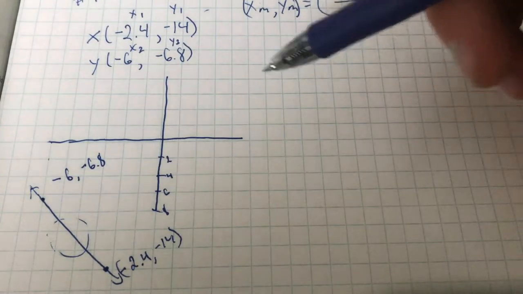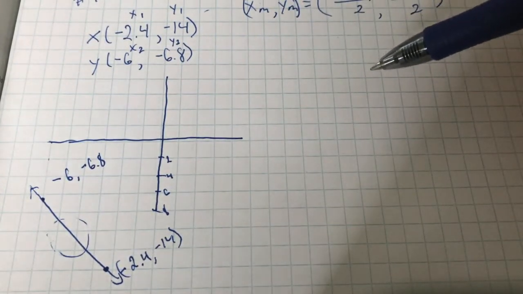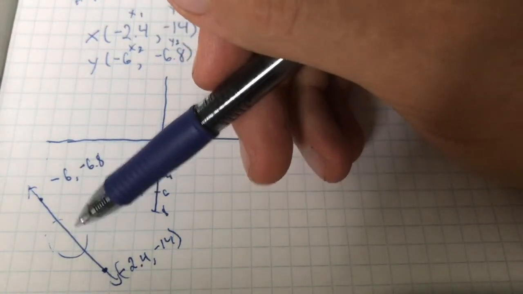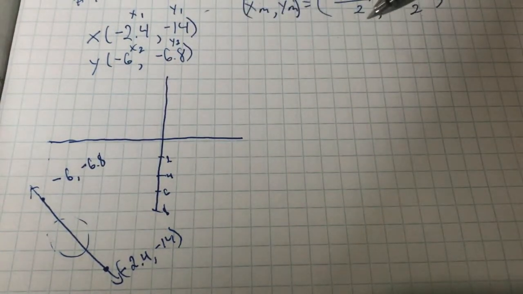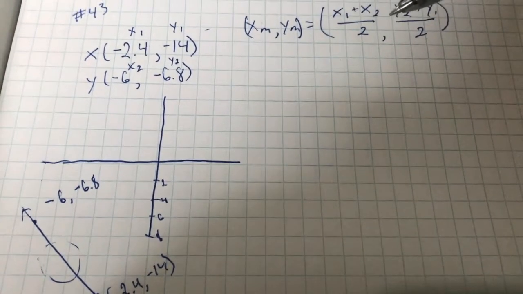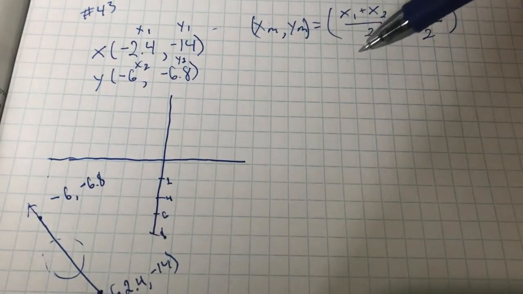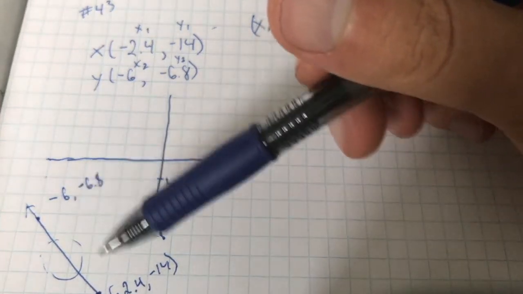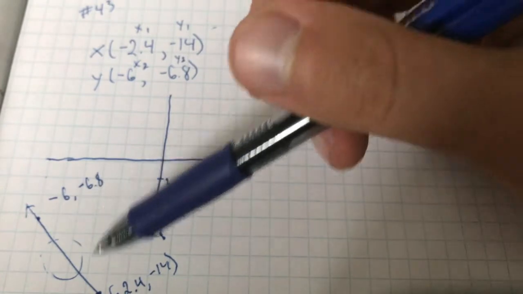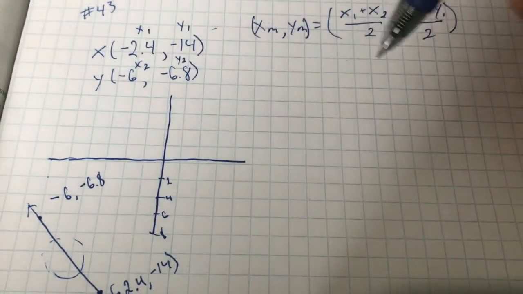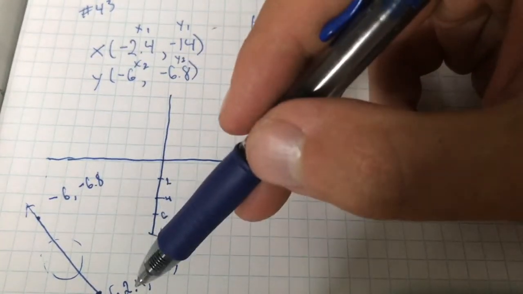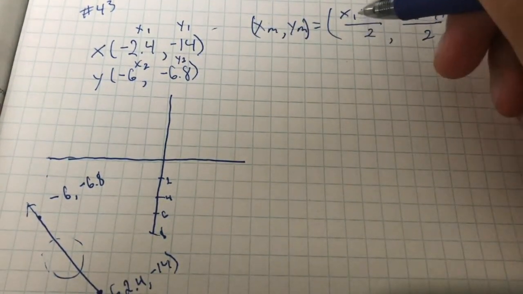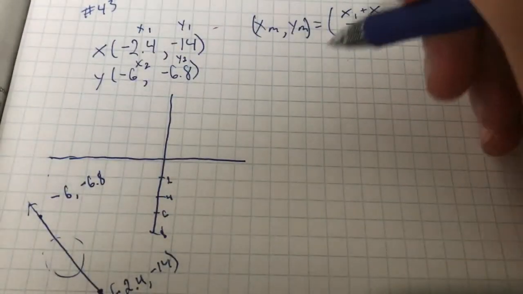My favorite way to do this is kind of looking to see where it is. Because we have decimals, it might be better, rather than drawing it out, to do the equation. Normally, if it were whole numbers, I would just measure it and figure out the slope and half of it. But because there's decimals at 6.8 and 2.4, it's going to trip me up. So I'm going to use my equation here. x1, negative 2.4